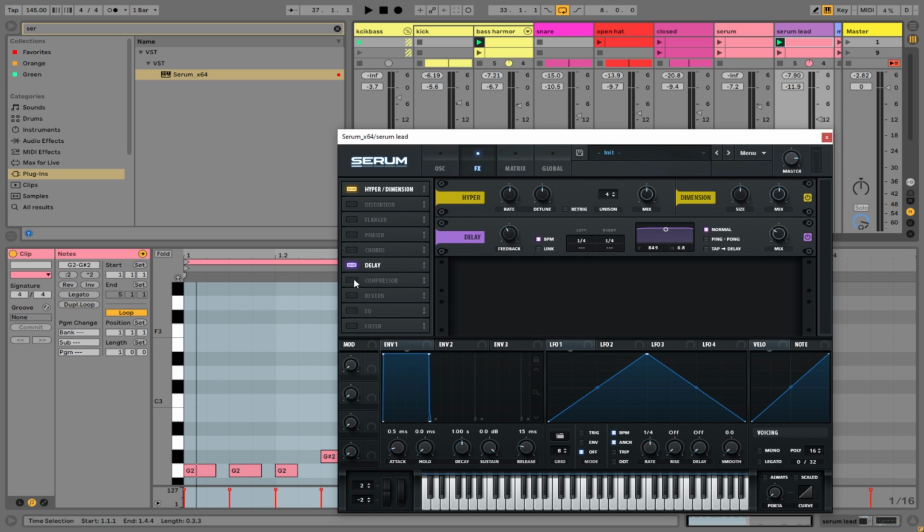So let's turn on delay, go for like 60%, and let's stay on normal. And now we engage the link and turn off the BPM. So now we have time for left and right, but we have linked, so